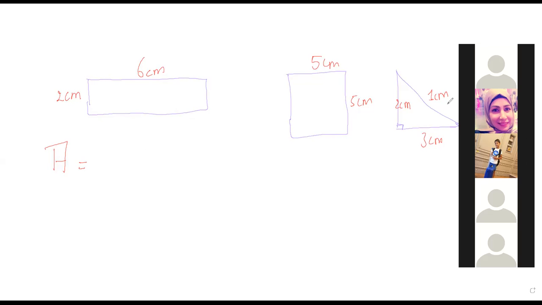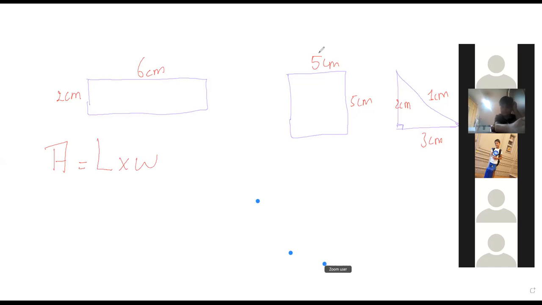What is the rule, Bilal? Length times width. Bravo. Length times width. Ali Aael, stop writing. So how much is the length, how much is the width, Bilal? Whatever the length is, multiply them. Which two numbers? 6 times 2 equals 12. 12, and the unit is